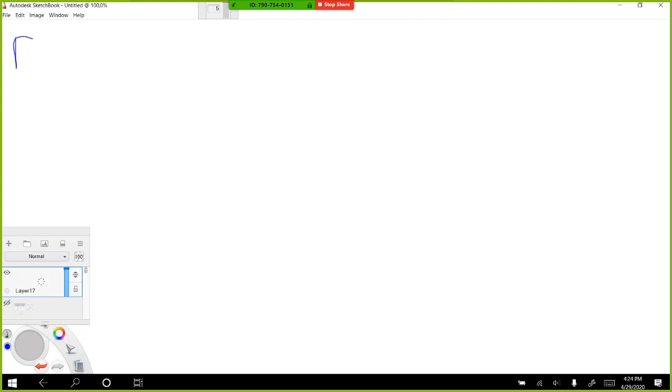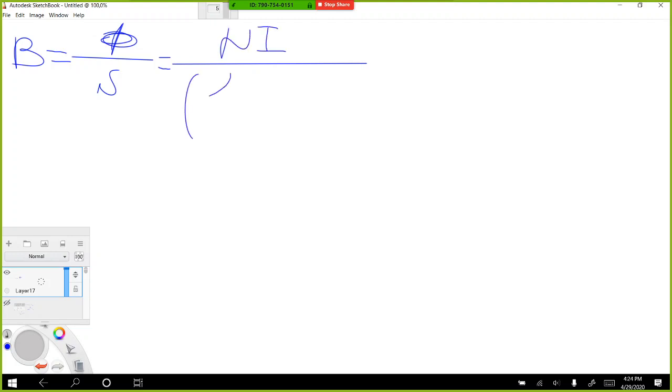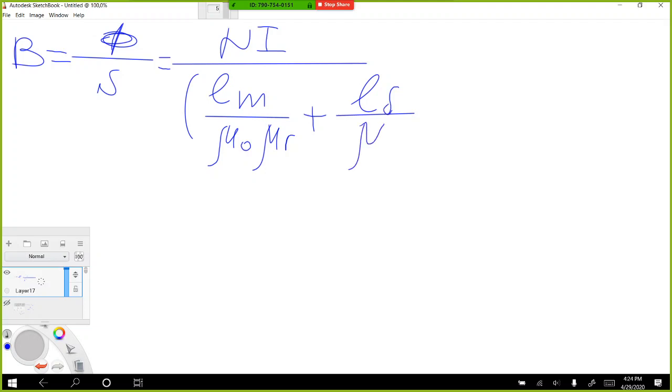So B is equal to phi over S. We get N multiplied by I over the length of the material media over mu 0 mu r plus the length of the air gap over mu 0, and